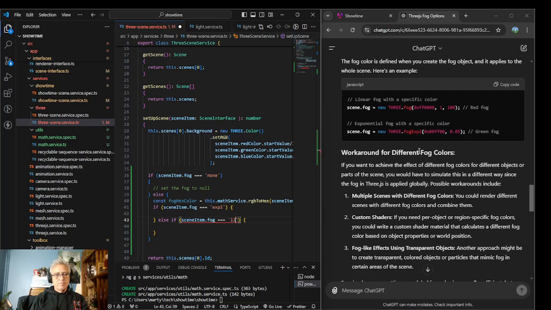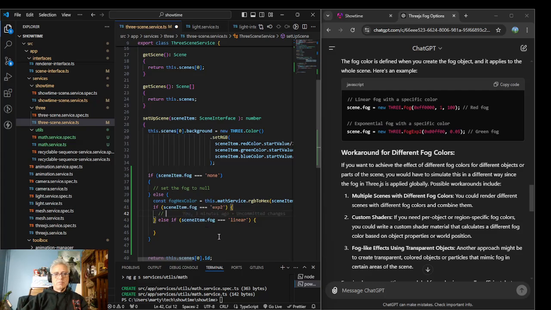What was the other one? Linear. Isn't that how I did that? Yeah, okay. Every time you go deeper, the amount of mental capacity that you have to apply goes up. And the problem is that this is the kind of code where you do these if elses, and then inside of it you end up doing stuff. So it probably would be better to call a function, like set fog or get fog or whatever,